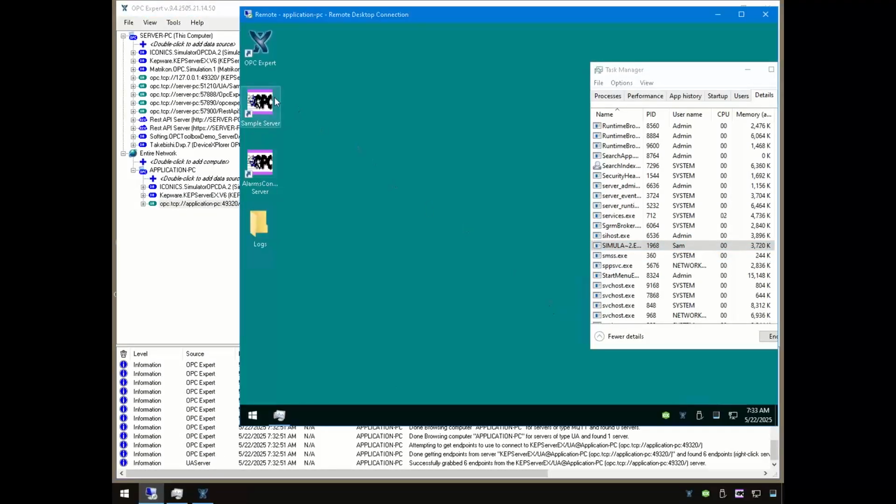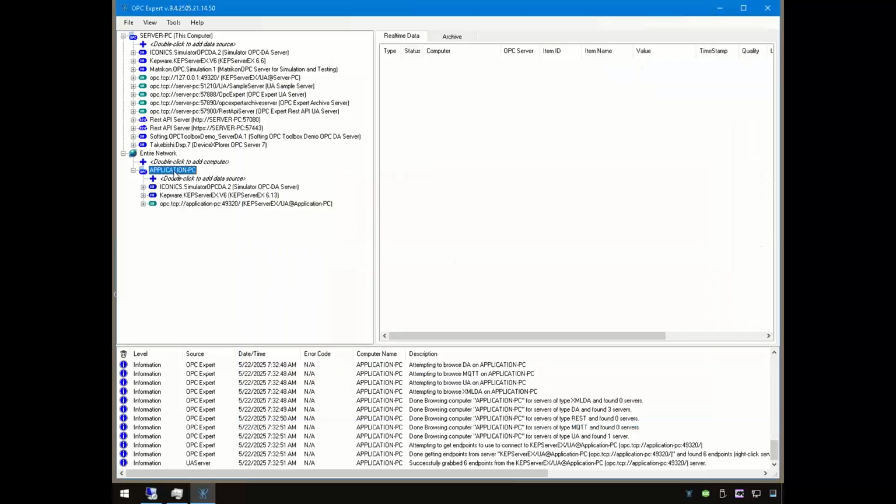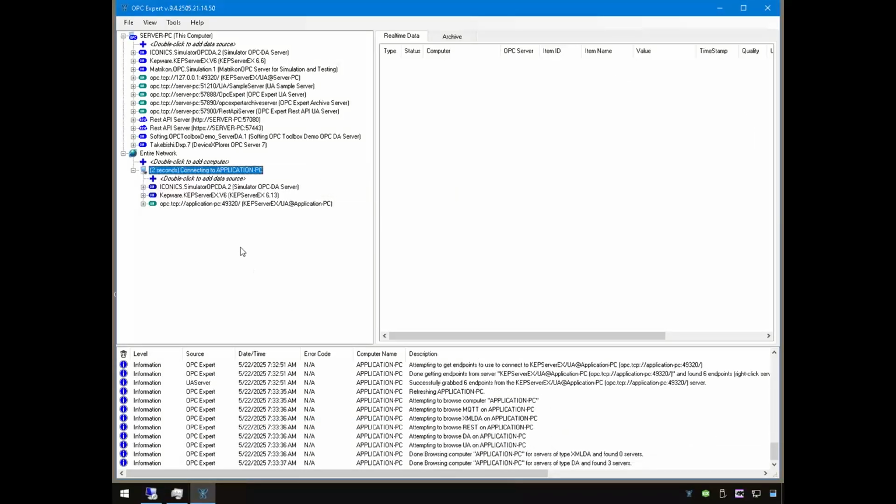So let's go see. And the reason is, you see that I don't have the sample server running. So I'll start up this server right here. So this comes from OPC Foundation, and it provides us with alarms and conditions. So it simulates alarms and conditions. There we go. So that's what this guy's doing. So now that it's running, I'm going to go look for it. So I have to go back to application PC, right click, and I will just rebrowse to see what I'm